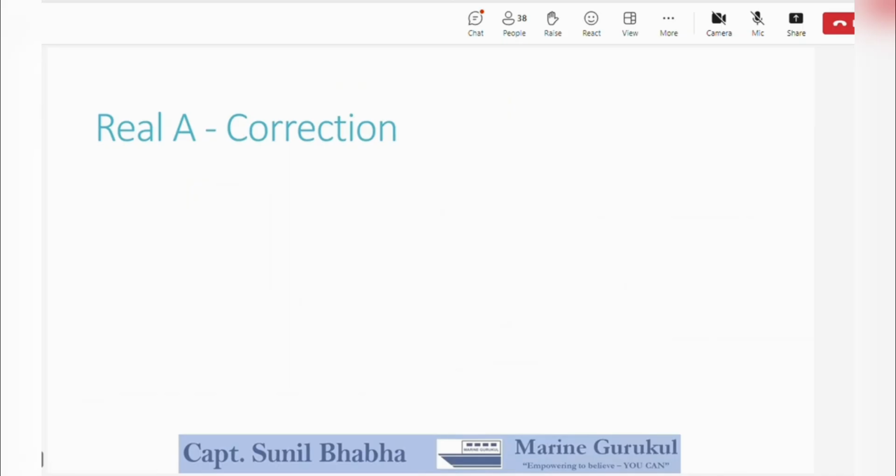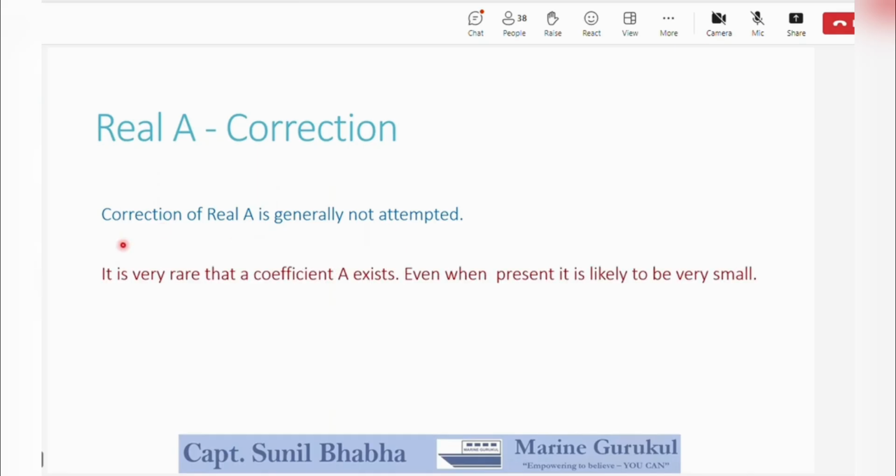Now let's move on to the correction of real A. How do we correct this coefficient? The correction of real A is generally not attempted, not done. The reason for it is, number one, it is very rare on a normal seagoing merchant ship that a coefficient A will exist,